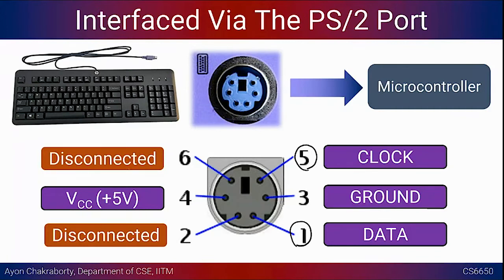Apart from these two pins, we are using the VCC, which is 5 volts. In this case, it will be supplied from our Arduino board, and the ground pin. It's a very simple interface. The intention of showing you this example is how the PCINT interrupt could be used to do a very simple serial data transfer. Basically, we are trying to write a driver for this in the microcontroller, which could be very easy, although it might look very daunting in the beginning, how you handle this kind of device, which is not a standard sensor.